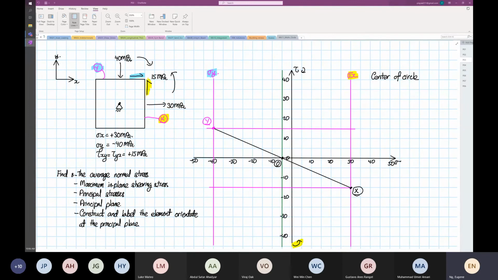As what we said before, center of circle is known as stress average. So this is equal to stress X, so stress X is 30, right? Plus by what? Minus 40. Remember I told you what? The stresses are all vectors. So don't forget the sign. Okay, that's why you have to include the minus 40. So this is equal to minus